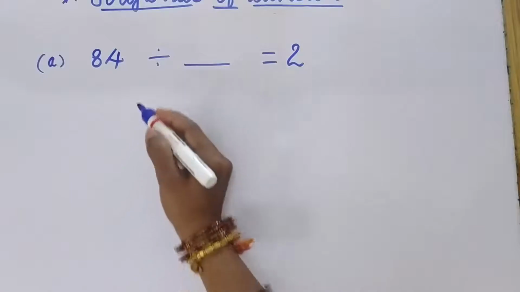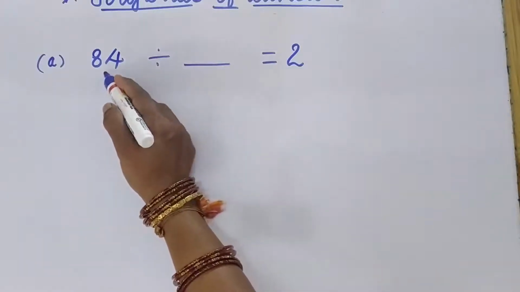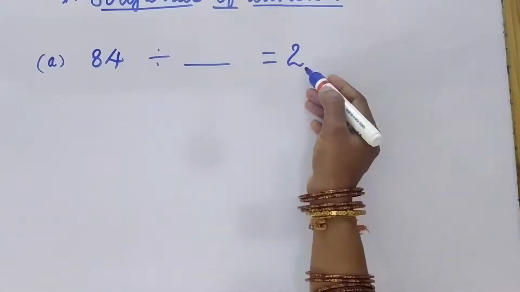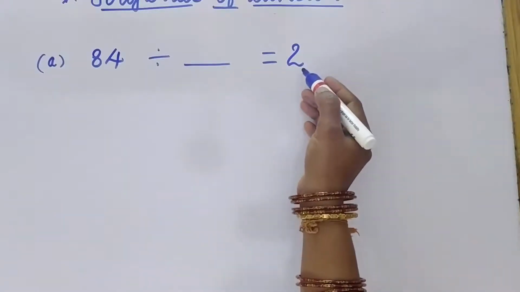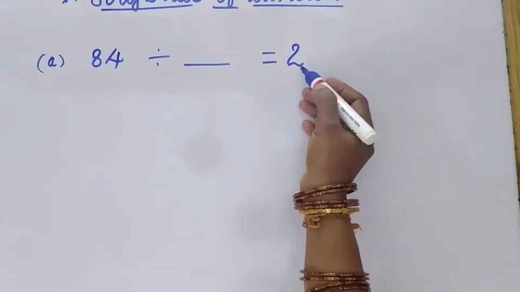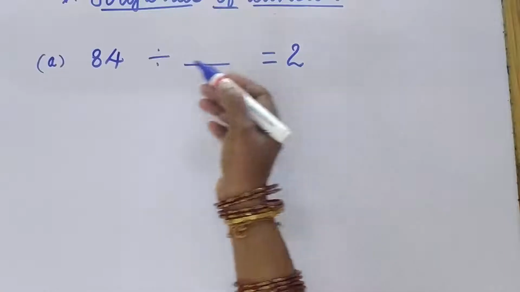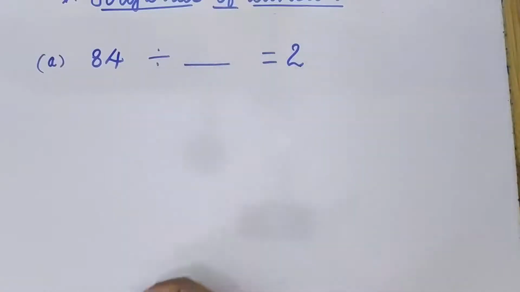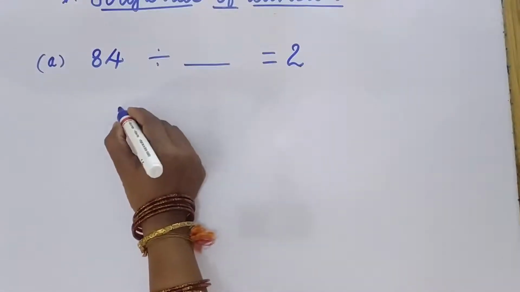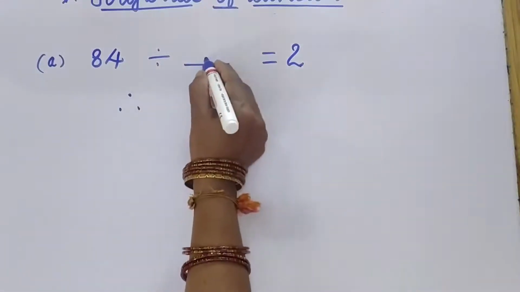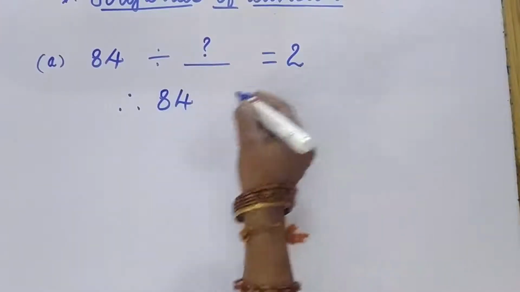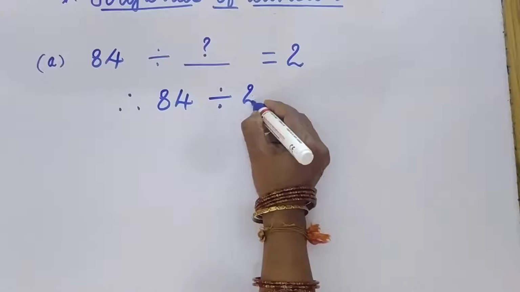Okay, what's the division fact we have learned? If the dividend is divided by the divisor, we'll get the quotient. And if the dividend is completely divisible by any number, then if we get the quotient, and from the dividend you divide by that quotient, we'll get the divisor. That is the fact of division. So, therefore, what could be done to find out this missing divisor? We can divide the dividend by the quotient.